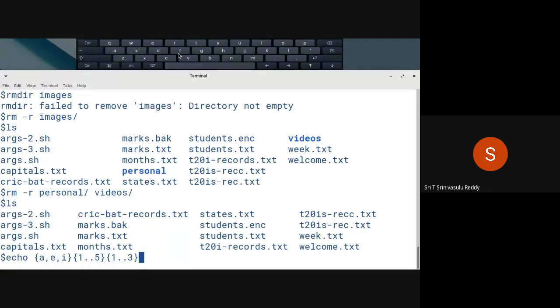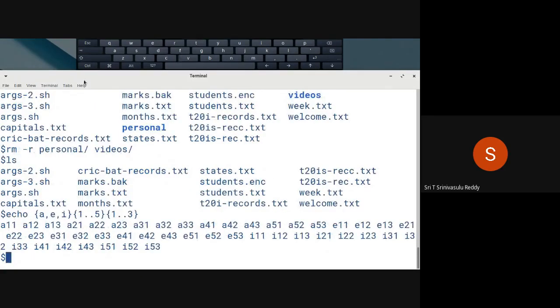So what it does is, it's going to pick up A first from this set, one from the second set, another one from the third set, so that it generates a word called A11. And after that it generates A12 and A13 and then A21, A22, A23 and so on, like that. So you can see here it's generating all possible combinations. A11, A12, A13, A21, A22, A23, A31, A32, and so on. After A is exhausted, then E starts. Right? So you have to experiment and see how you can use these features in your shell programming